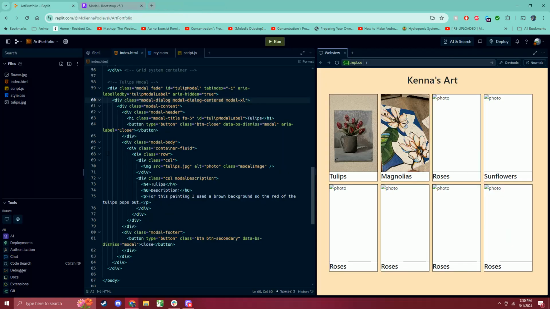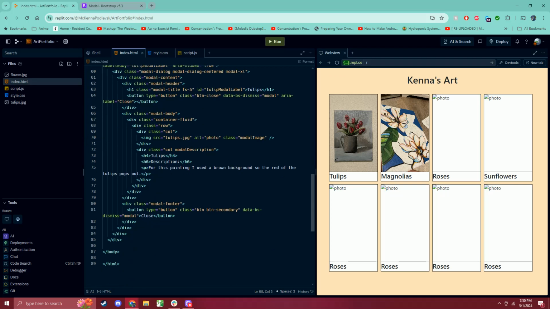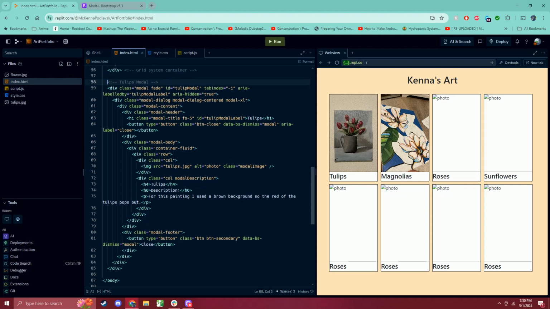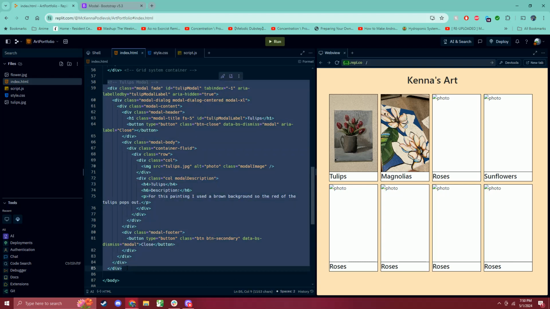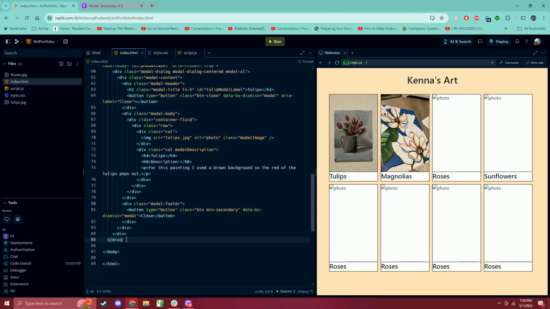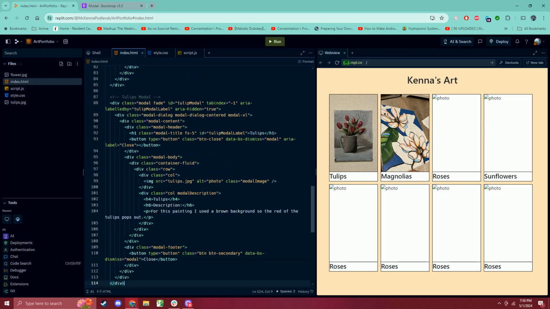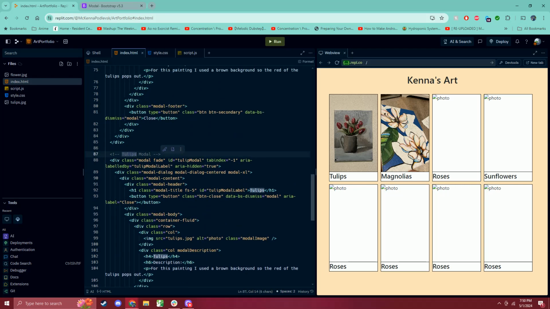Okay. And now this is pretty much set up. So we have the tulips modal. We also have this flower one, so I'm going to walk you through how to do that. To do it, we'll just copy everything we have for the tulips modal. We're going to hit copy, hit enter twice here to make sure we're pasting it at the end, and then we're going to change this to the